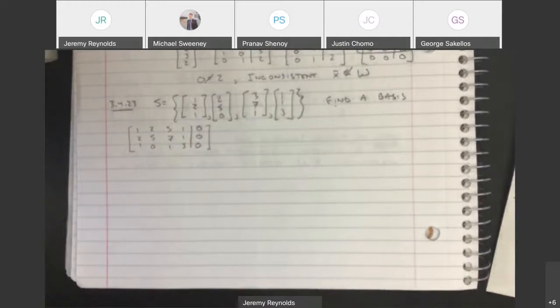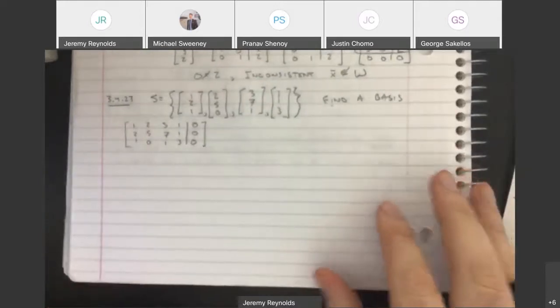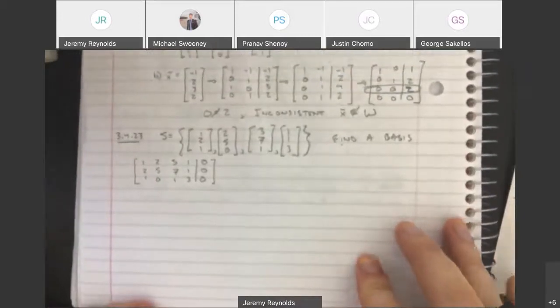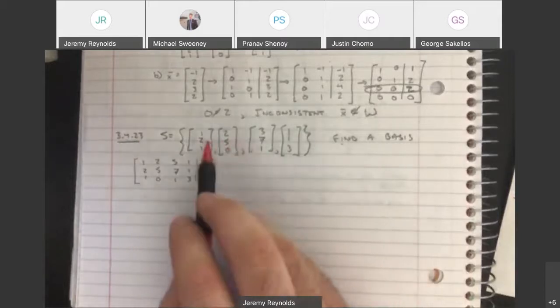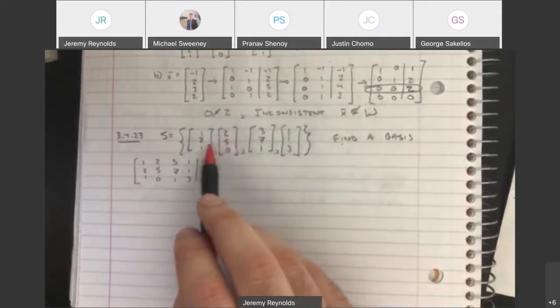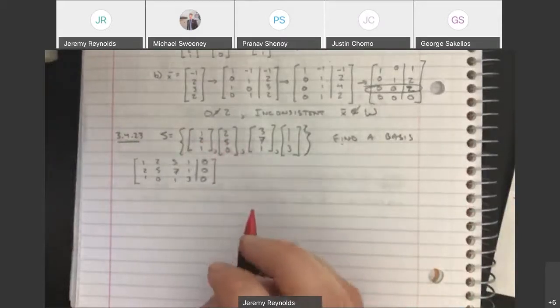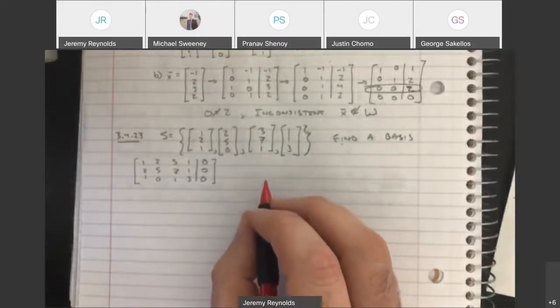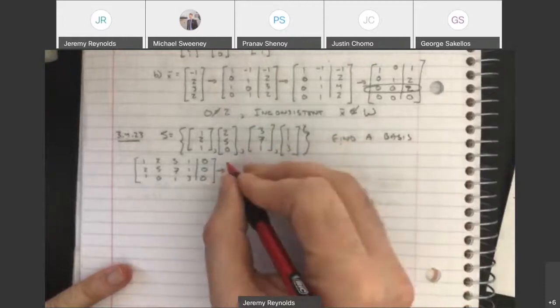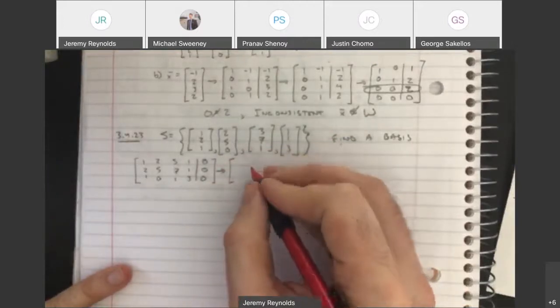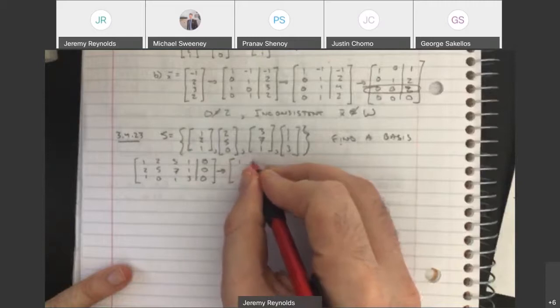And we're going to determine which columns are linearly dependent and which ones are linearly independent. And if we identify a linearly independent column, then the columns associated with a vector are going to be our minimal spanning set. So that might not make sense right now, but I'm going to go ahead and do this, and hopefully we'll be able to see. So if I do a couple of operations,